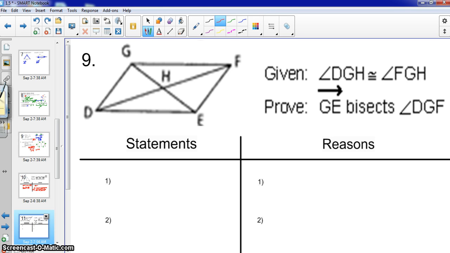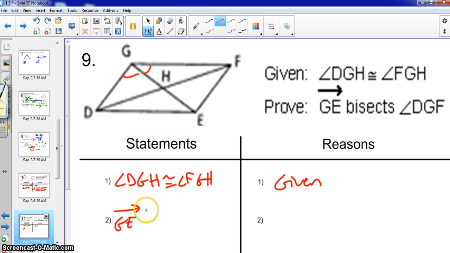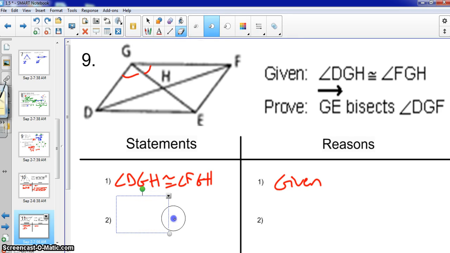In number 9, it's a little different based off our given information. This time we're given the congruent parts and we're going to the bisecting parts. So starting with our given information, so by already given the 2 congruent segments, we can prove